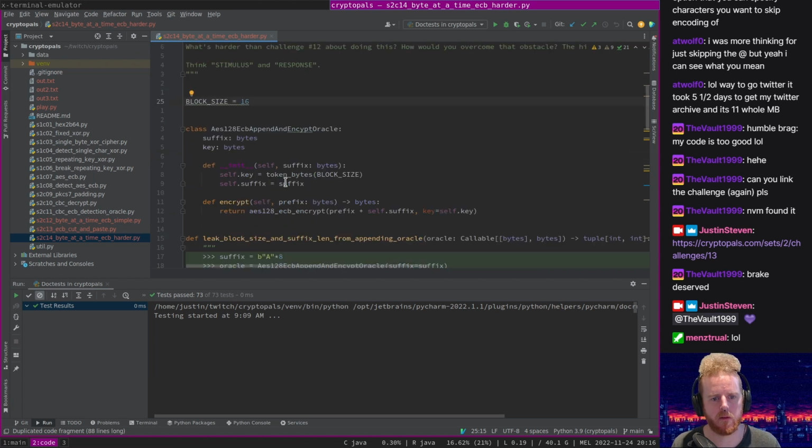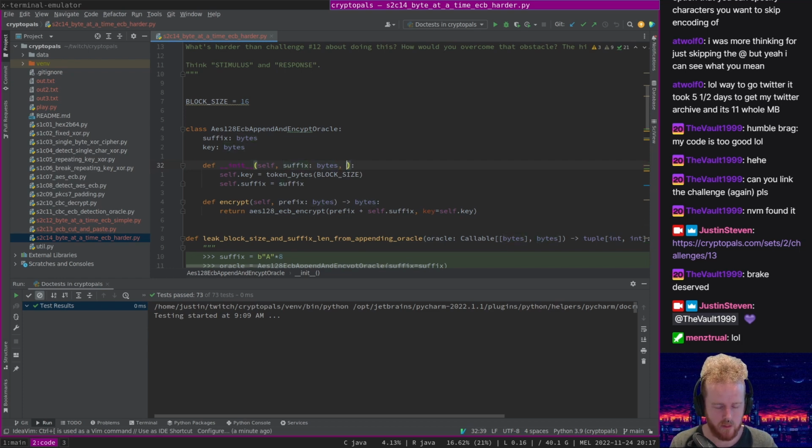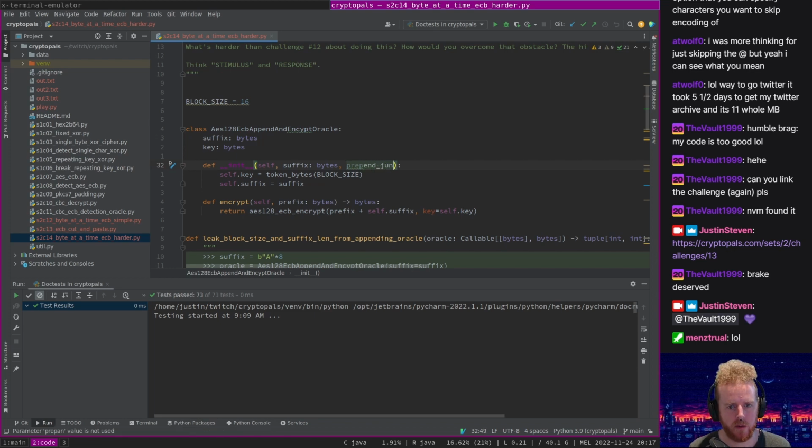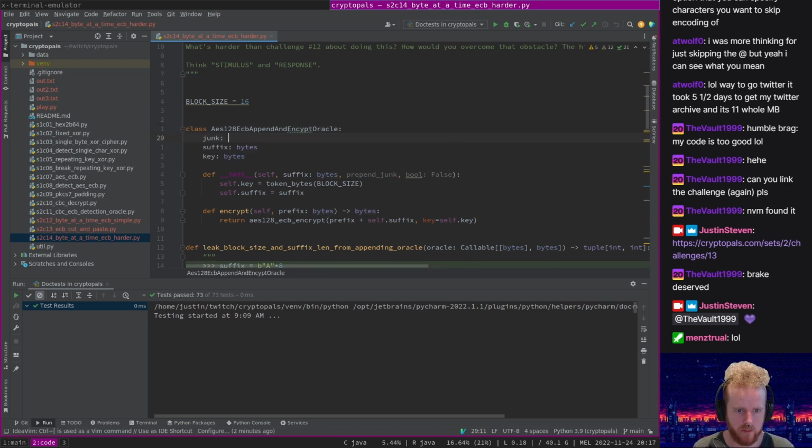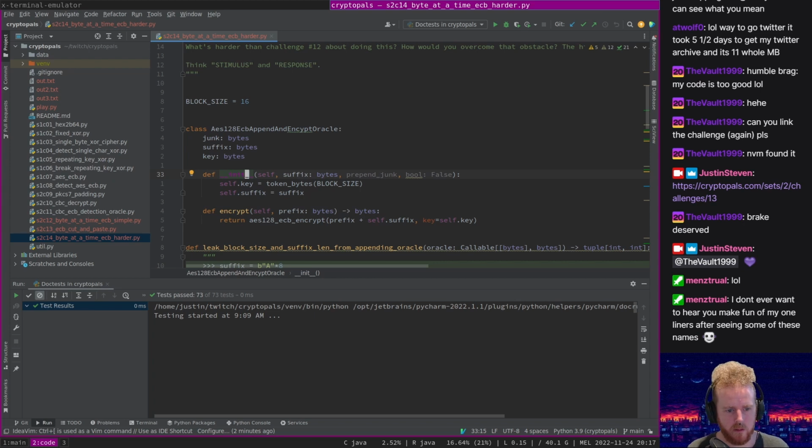No, I'm not going to rename the class, actually. I don't think I will. But the initializer is going to take a suffix of bytes, which is the flag, but it's also going to take prepend junk, which is a boolean of false by default. Junk is bytes. The initializer is always going to prepend the junk, but in the encrypt, that's when we'll actually decide whether to